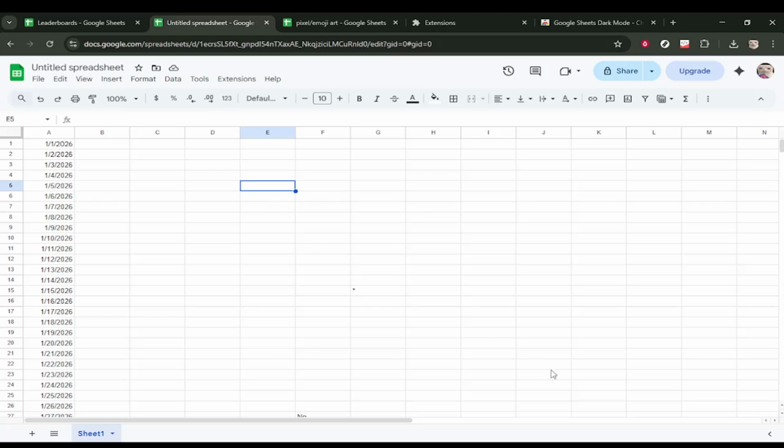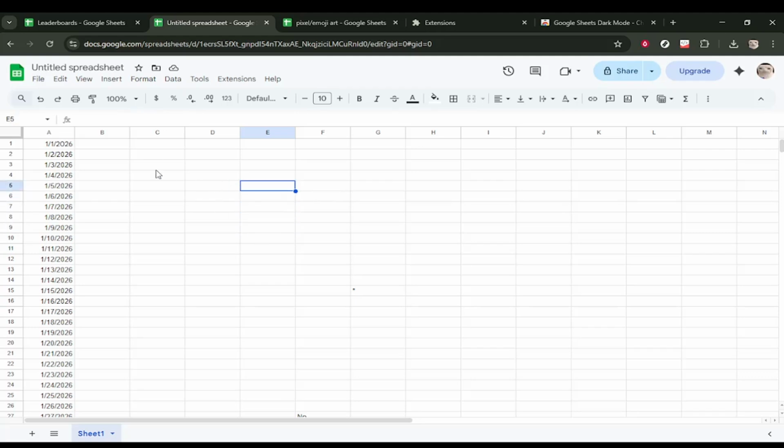In today's video, I am going to teach you how to search if cell contains in Google Sheets. Start by opening your Google Sheets file. Any spreadsheet will work as long as you have some text in a column that you want to check. In this example, we are going to look at cell A2, and we will test whether it contains a specific